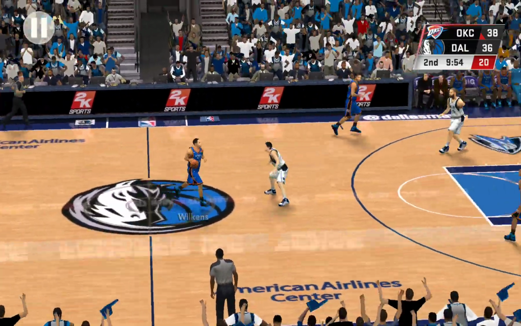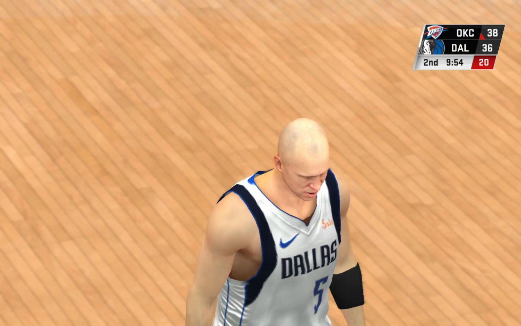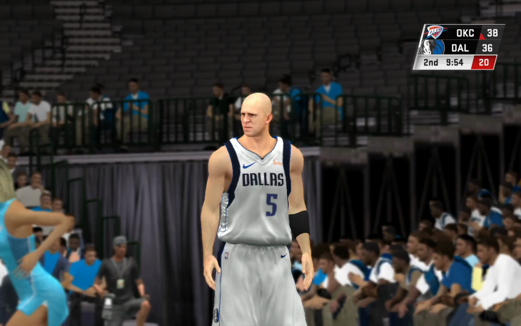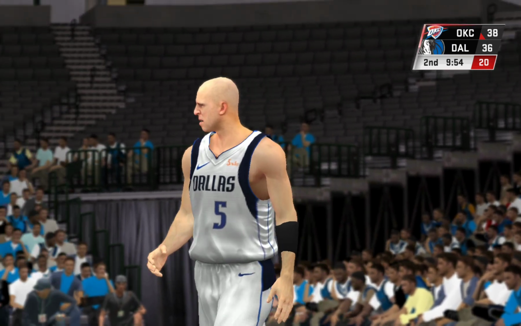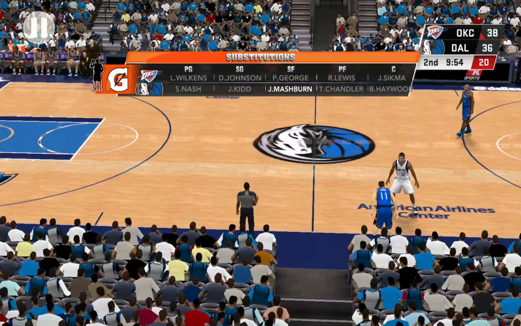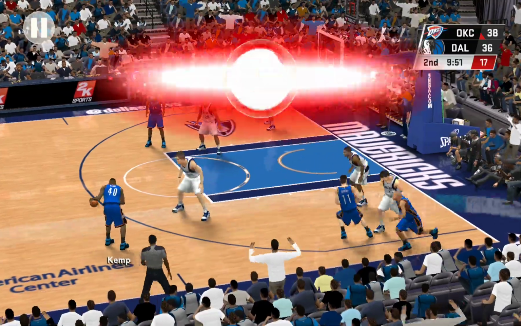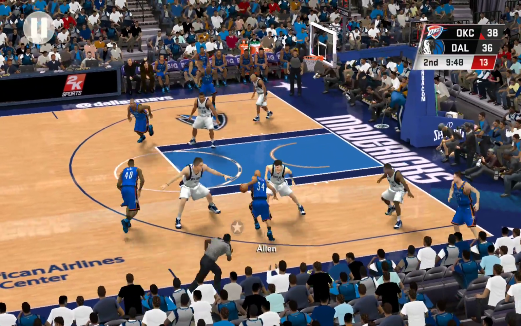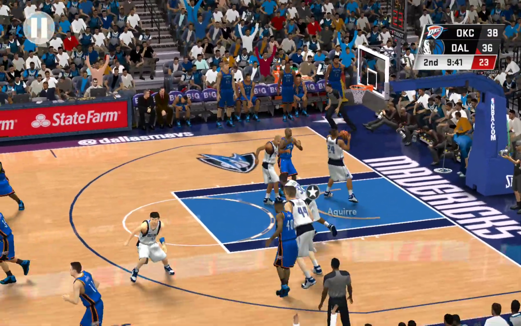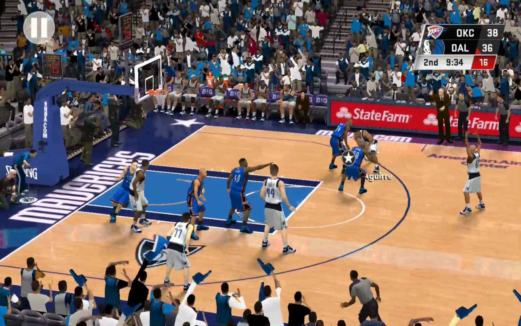It's a neck-and-neck game here in Dallas. Now a timeout called by Oklahoma City. And a new group in here for the Thunder. Pass to Allen. Schrempf with it. Back to Allen. From deep. Aguirre grabs the miss. And here in the second quarter of action with a hair under 2.5 minutes played so far.